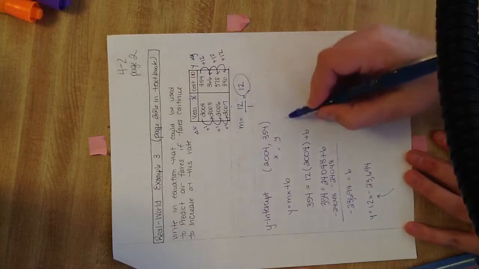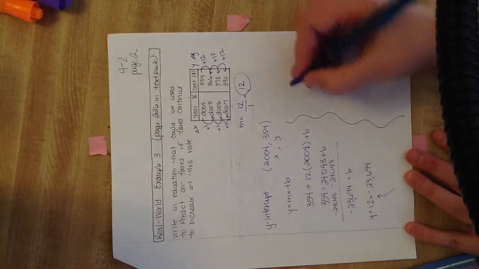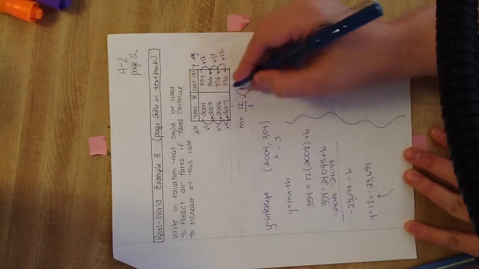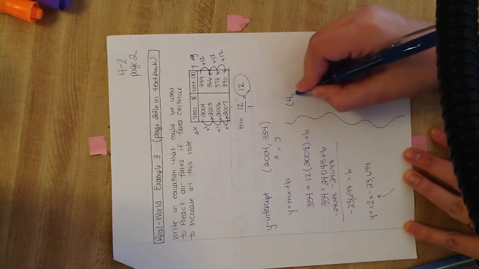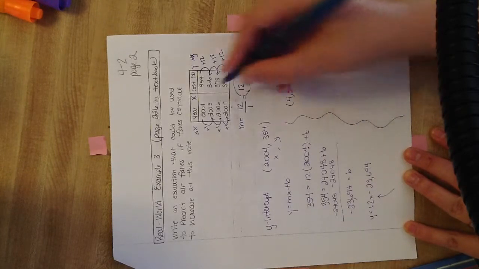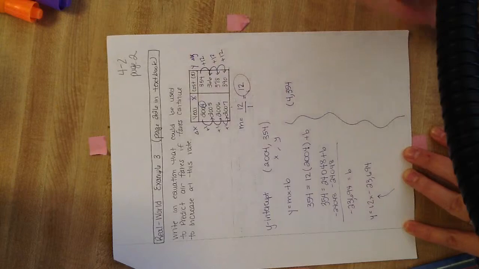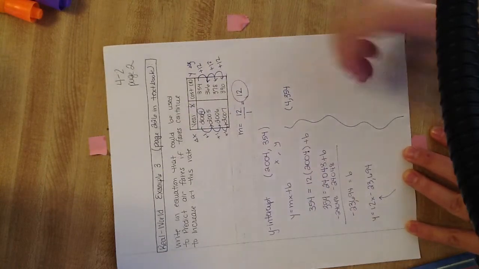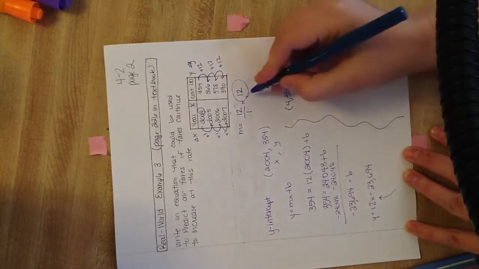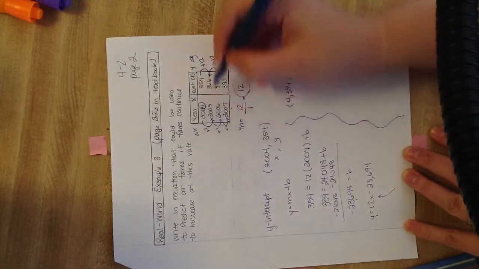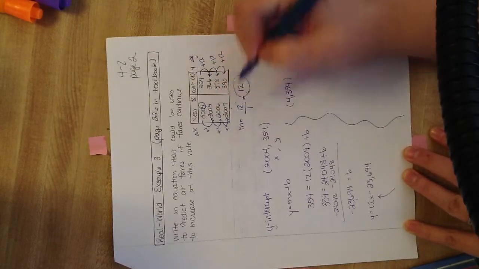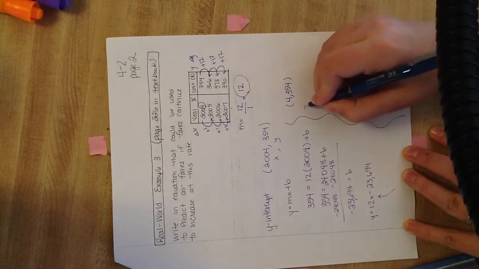So let's go ahead and try what the book did. They said instead of using these points, I'm just going to use 354 because this is the 4th year after 2000. So let's see what they got. We still have the slope of 12 because it's still changing 12 in between each one and 1 in between each of these. So I'm going to say 354